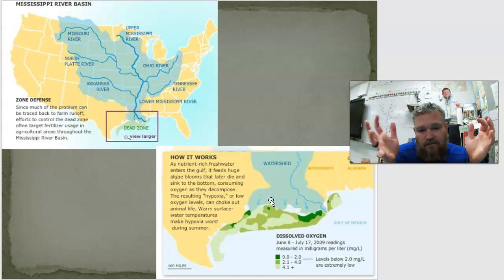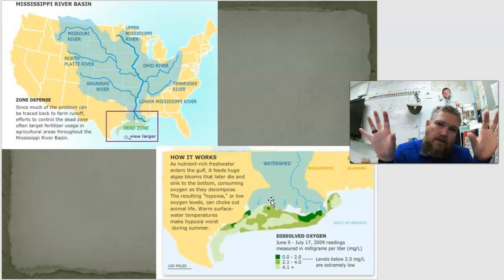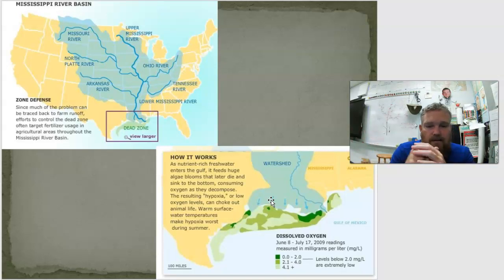And if there are massive amounts of dead phytoplankton, we now have to have bacteria go in and break those down, which is an oxygen-consuming process. So when the bacteria go in to feed on all of that dead phytoplankton and break it into its subsequent parts, it basically uses up a lot of the oxygen in that area. Since it's in the summertime, the warm water has lower levels of oxygen already. So that causes even lower levels of oxygen than what we would expect to see, sometimes in the area of